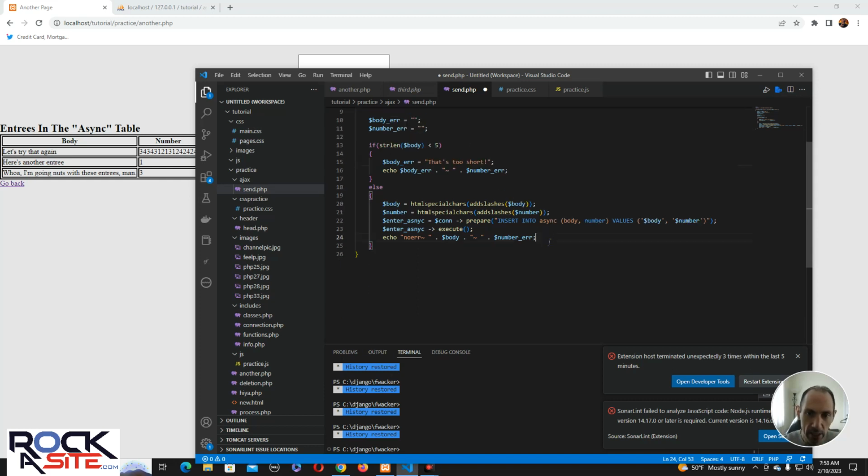And if this executes correctly, we're then going to fetch async, which would equal just a regular statement. Select all from async,